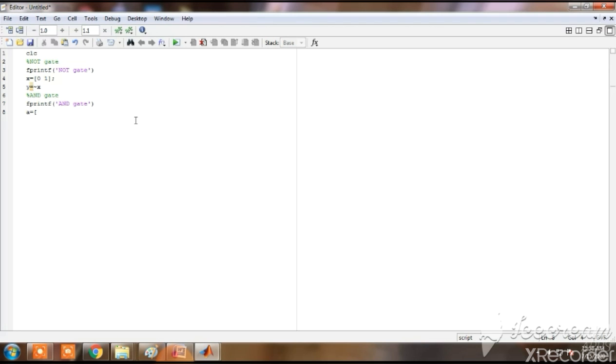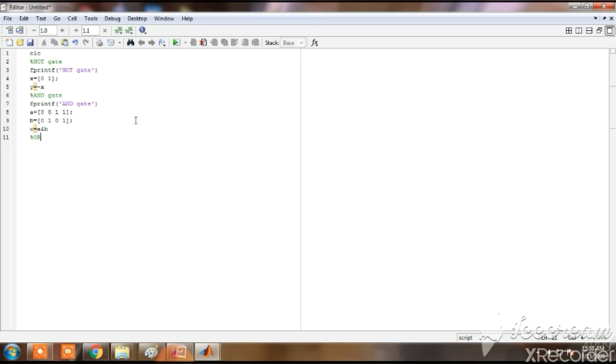That is, take A is equal to 0011 inputs, B is equal to 0101. Now we'll write C is equal to A and B. That is, C is nothing but the output of AND gate.